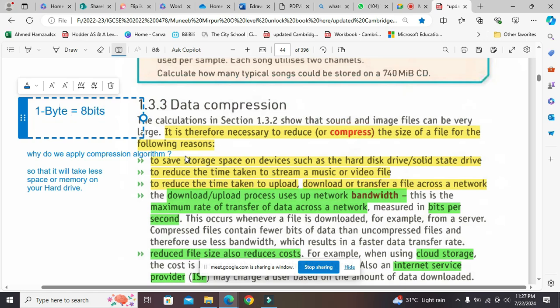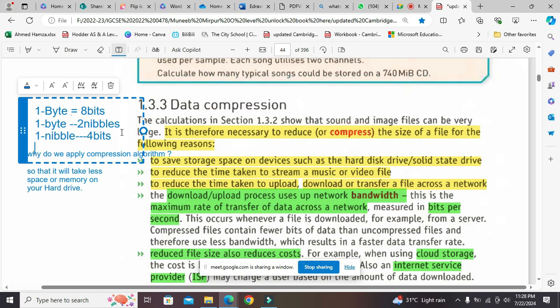The same way, 1 byte occupies how many nibbles? 1 byte is equal to 2 nibbles, and 1 nibble is equal to 4 bits.